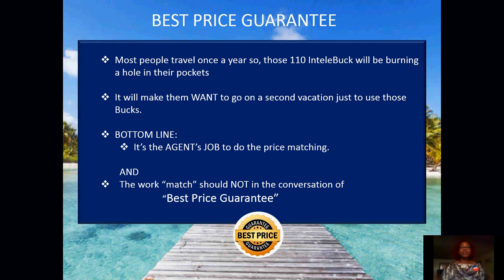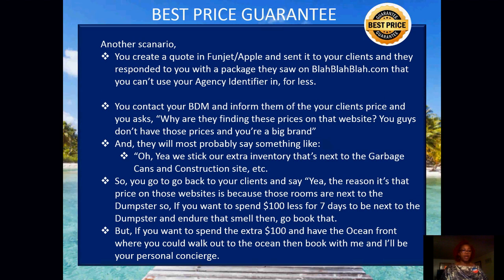So, don't go with the price matching thing, guys. It's just the best price guarantee. And you can have a conversation with your business development manager and, of course, your host agency that will help you with it. Another scenario is to say you create a quote from FunJet or Apple, and you send it